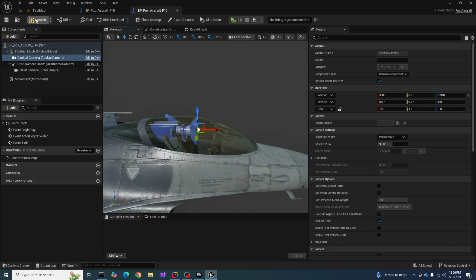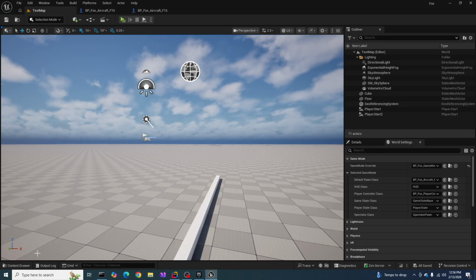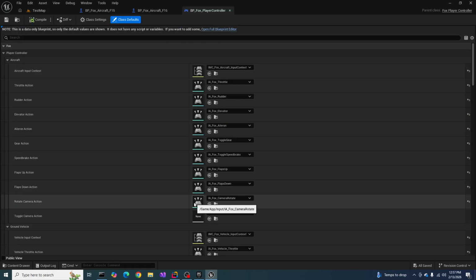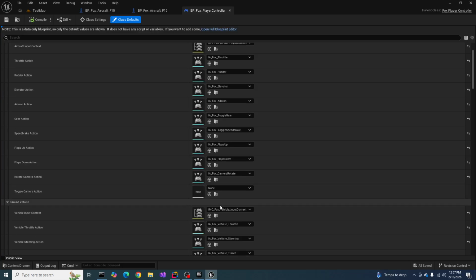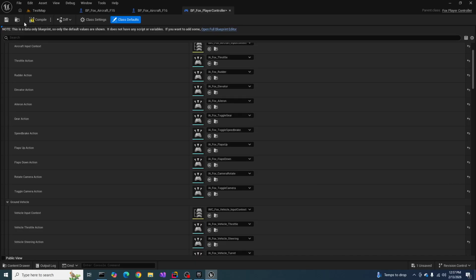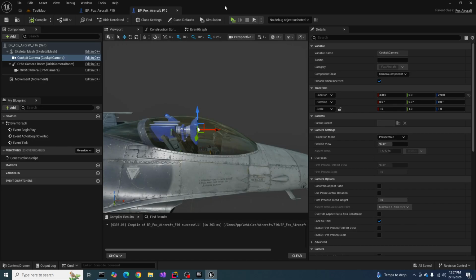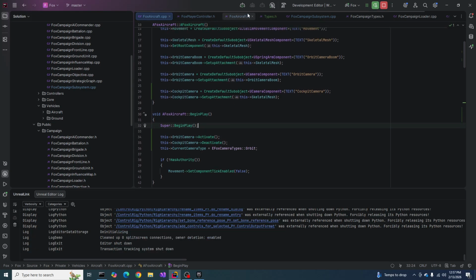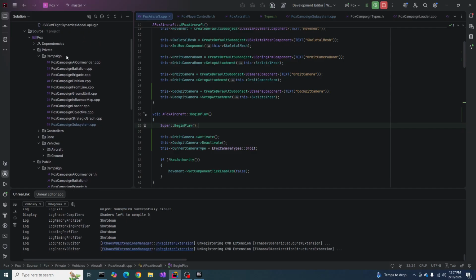Okay. And in our player controller, we need to hook up the, oh, you know what? There's one line of code I've missed as well. Dang it. We need to hook up toggle camera here, and then in the one place I forgot, back in the code, I'm going to have to kill the editor again. In the player controller C++ file,